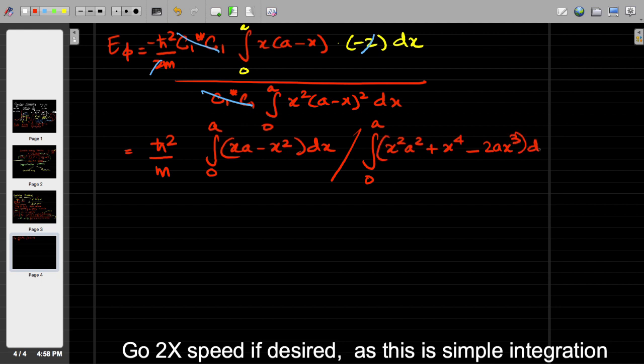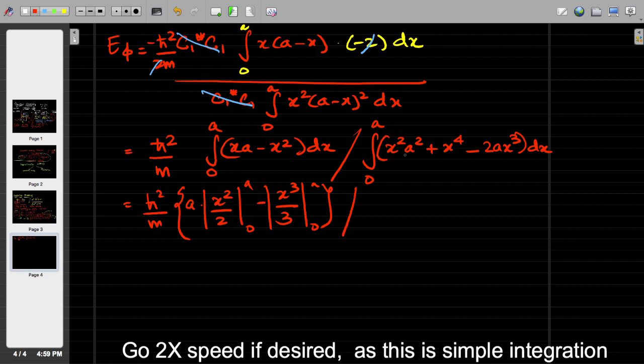So this will be h cross square by m. The integration of this would be x square by 2 within the limits a to 0 minus x cube by 3 within the limits a to 0,